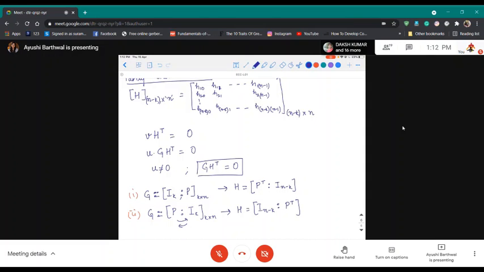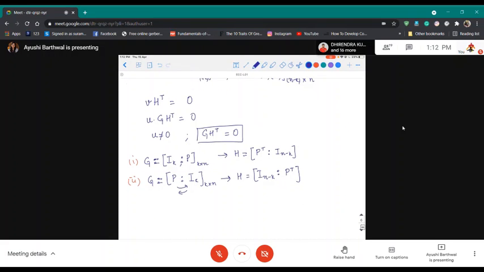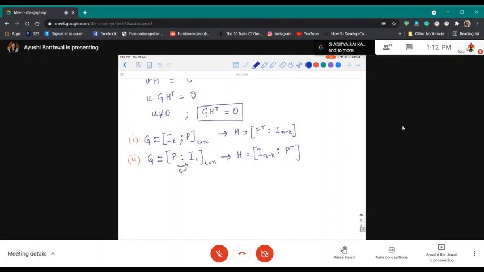So this is how we find out the parity check matrix. And how do we determine whether the received vector is error free or not? Suppose you have received a vector R at the receiver, and you know that this received vector is a code word and its length will be n, so it would be denoted by R0, R1, R2 up to Rn minus 1.